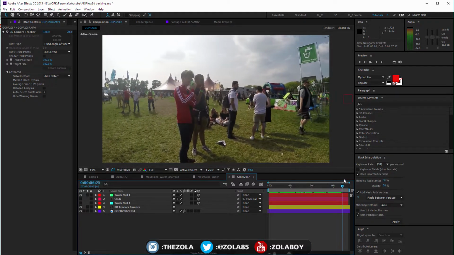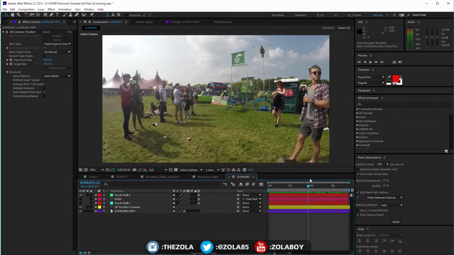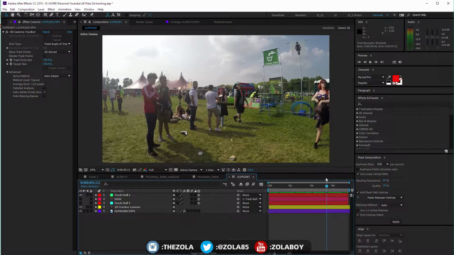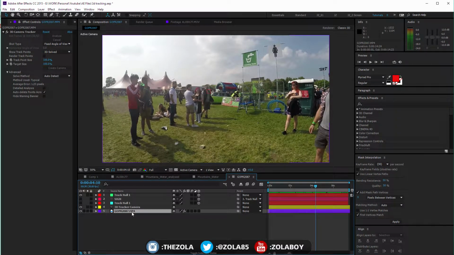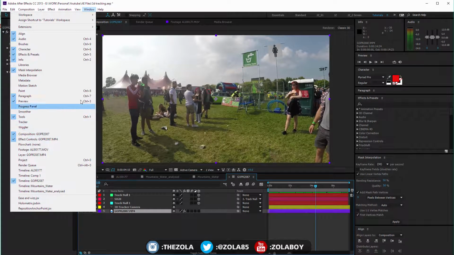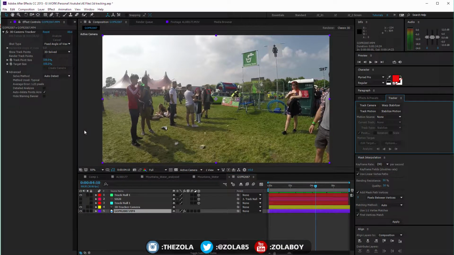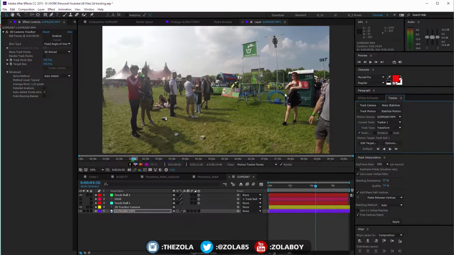So what we can do is actually track him manually, and we're going to track an item within a scene, which is going to create a 2D track instead of a 3D track. So let's attempt that. The way to create a 2D track is you select your footage and you come to the tracker. Now I don't have it open here, so I'm going to come to Window and Tracker, which is here, and what we're going to do is track motion. So click on track motion,